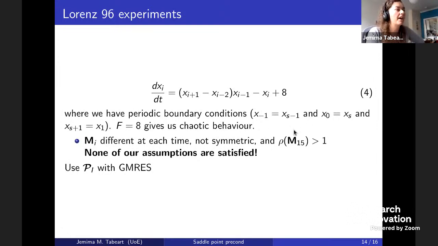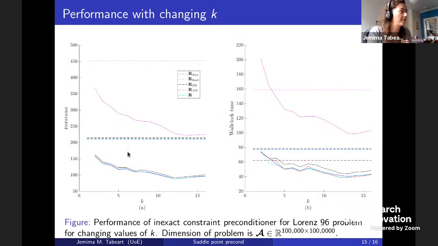And we get that the eigenvalues are greater than 1 if we have enough time steps. So precisely none of our simplifying assumptions are satisfied. This also means that we can't use MINRES because of the symmetry breaking. So we're going to use the inexact constraint method with GMRES. Here we've got a slightly different presentation,